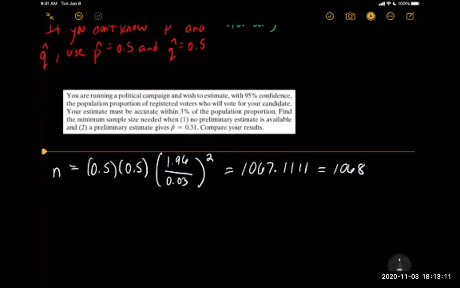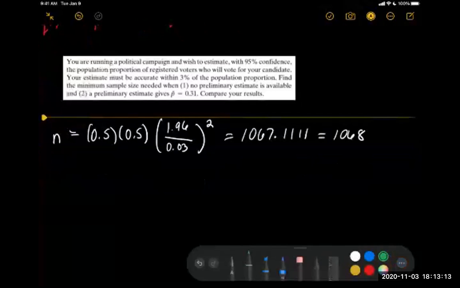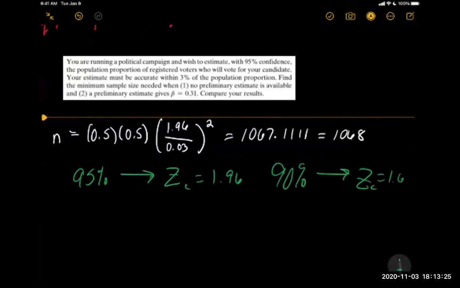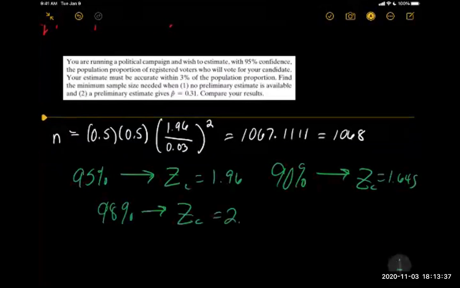Andy says, so ZC will always be 1.96. ZC will always be 1.96 if I am 95% confident. If I am not 95% confident, it will be a different number. So for 95%, ZC is 1.96. If it's 90%, ZC is 1.645. And I'm going to be honest with you, I don't remember any others. Those are the two most common. I think 99% is 2.023, but I'm going to put a question mark next to this one because I'm not 100% sure. But 90 and 95 are without a doubt the most common.